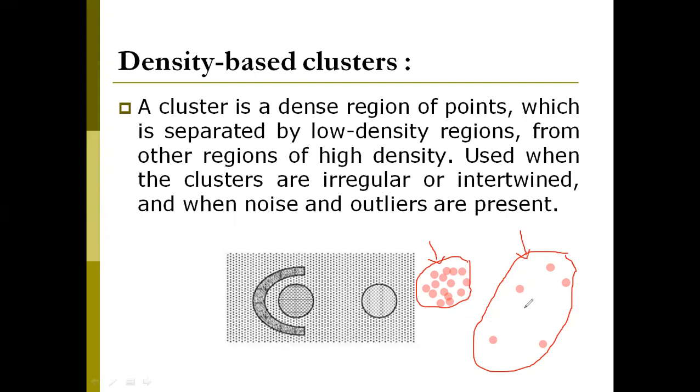Actually, if you observe these two clusters, the data points of this cluster and the data points of this cluster are the same, isn't it? These are not independent and separate data points. All data points are the same, but why did I make these data points into two separate groups? Based on the density. So these are under one group: I make high density data points into one group and low density data points into another group.